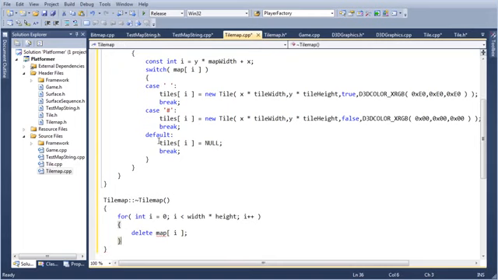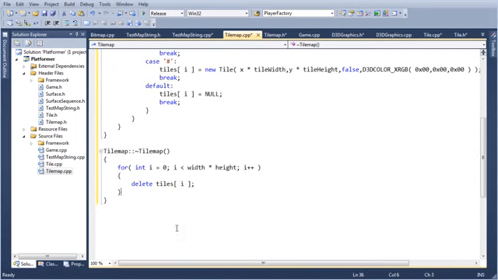I suppose I could also, oh wait, it's not map, is it? It is delete tiles. Whew. This is how stupid bugs get into your game and cause you to pull your hair out. Getting things messed up like that. And then we want to delete the array of pointers. Delete the individual objects, delete the array of pointers to the objects. And that is all we need to do for the destructor.